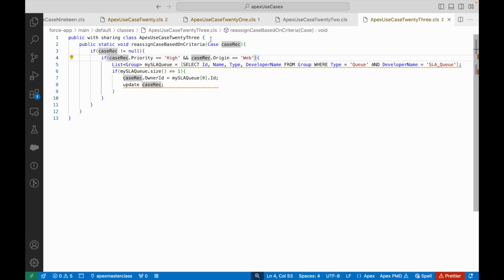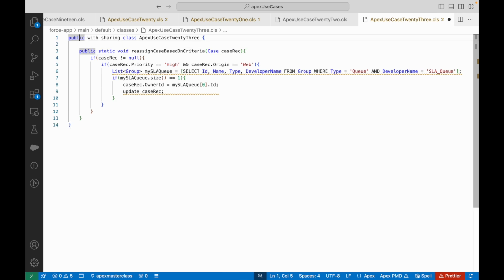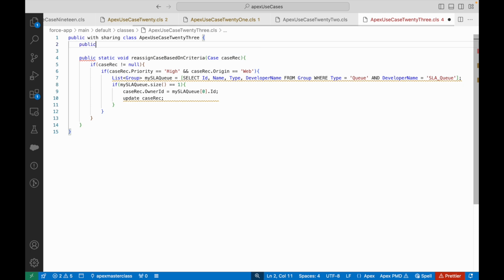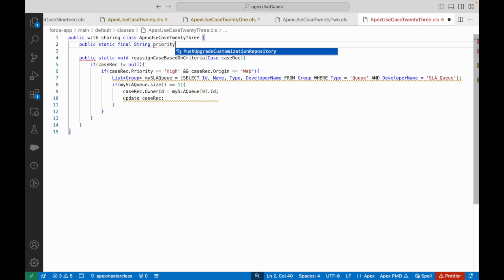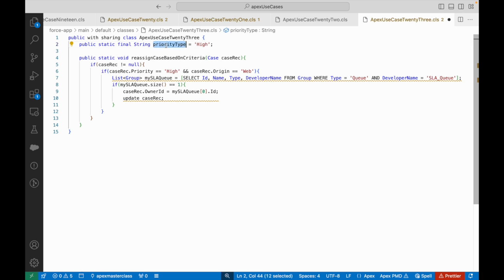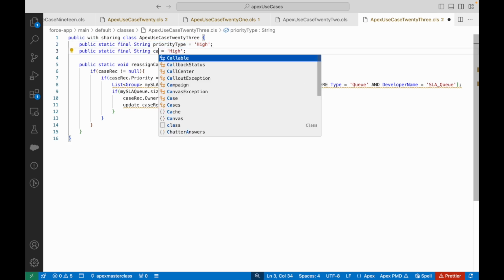Another good thing we can do is, if we know that these are static strings, we can define them on the top as constants. So I can simply say public static final String PRIORITY_TYPE_HIGH equals High, right? And I can use this priority type field here. I don't have to put a static string. The code will look a bit more neat and it will look a bit more manageable. Okay, I can do the same by copying this entire line, and I can just say CASE_ORIGIN_WEB,